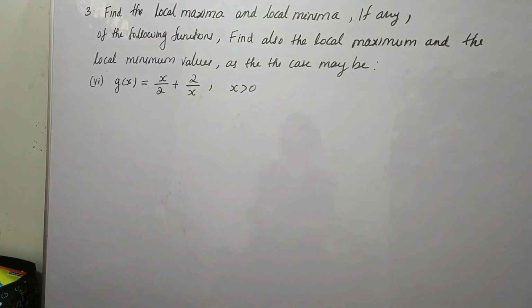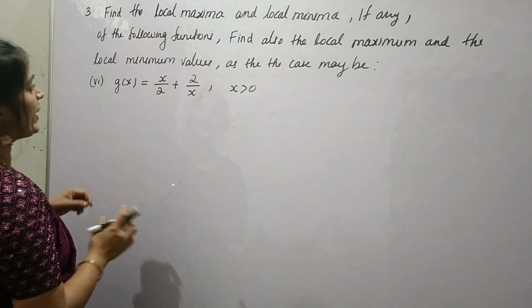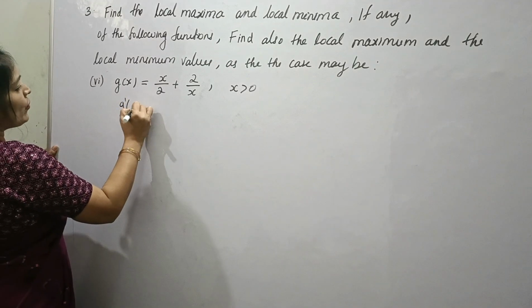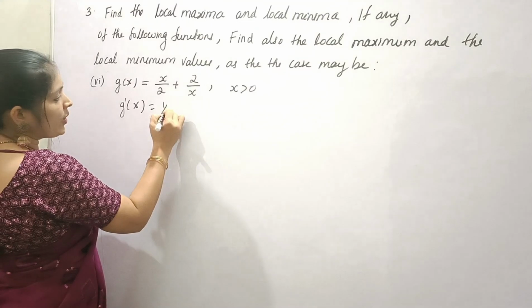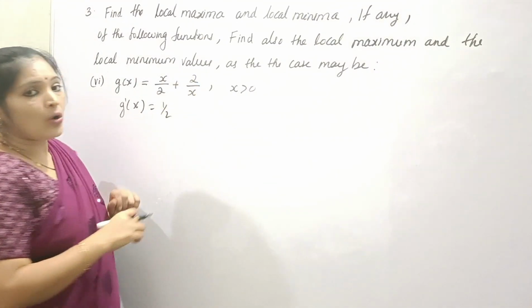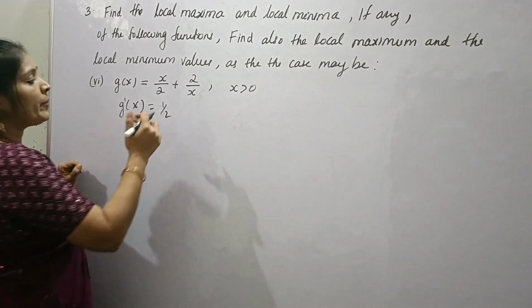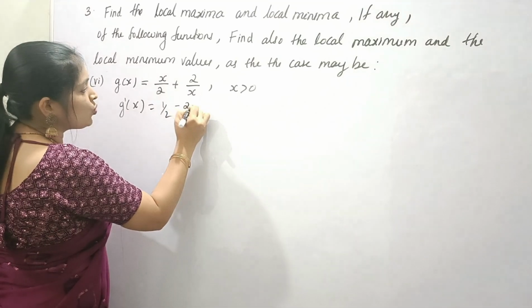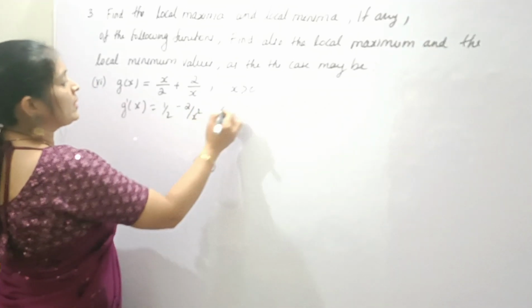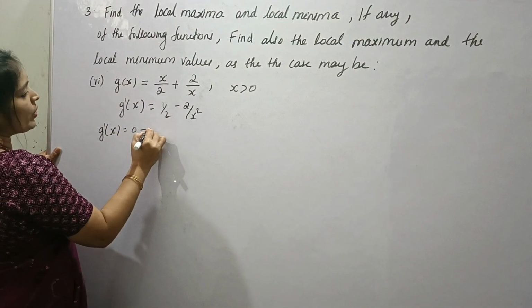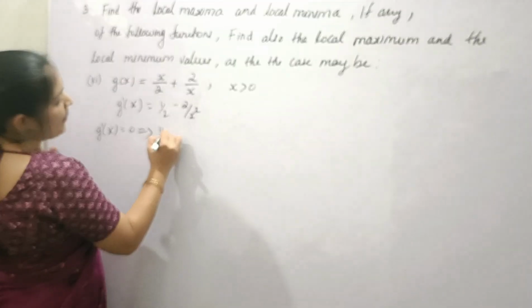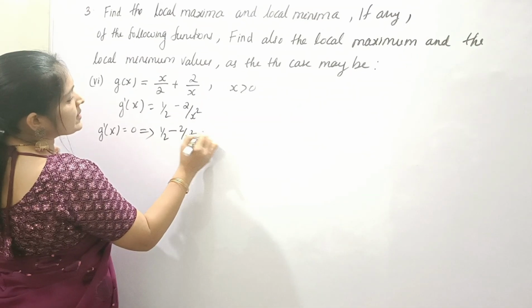Next function, g of x is equal to x by 2 plus 2 by x. Let's find g dash of x. The derivative of x by 2 is 1 by 2, and the derivative of 2 by x is minus 2 by x square. Okay. And next, g dash of x is equal to 0 implies 1 by 2 minus 2 by x square